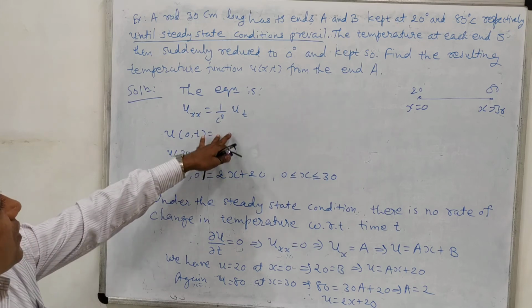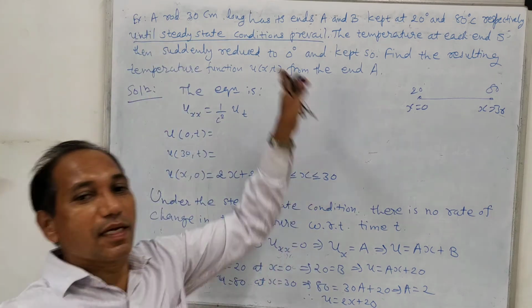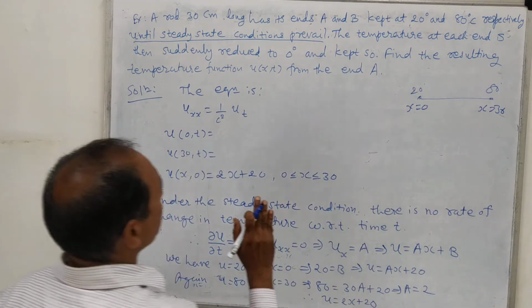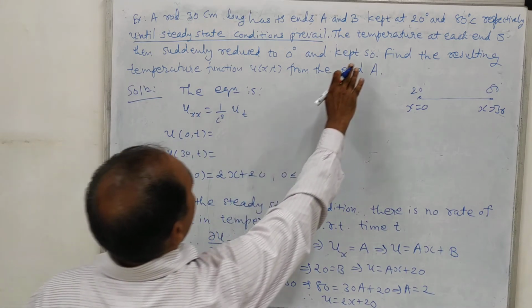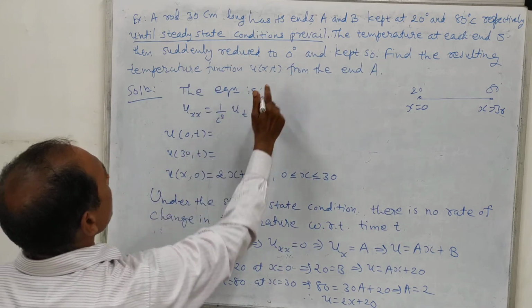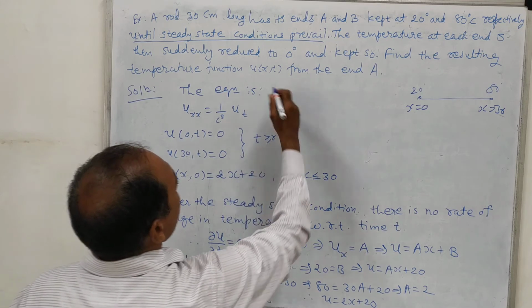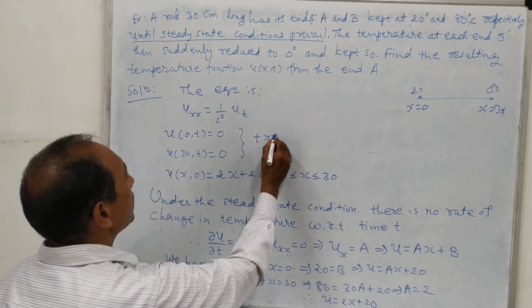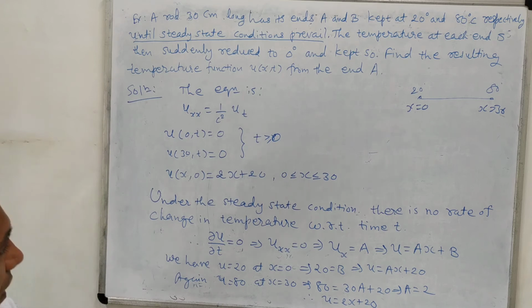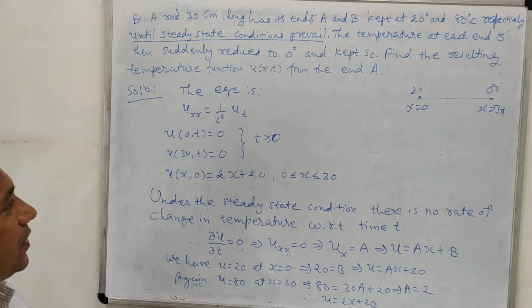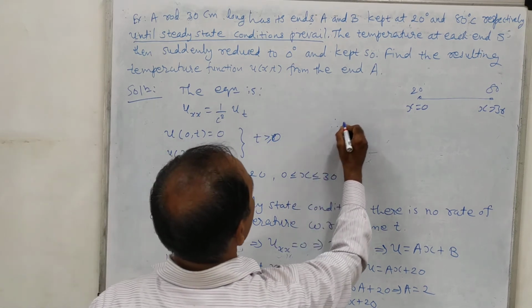And what about these two conditions? Now the steady state condition has been removed and our problem is started. That means now we are free to take our observations. We can see that the temperatures are suddenly reduced to 0 degrees Celsius, so these are 0 for any time t greater than or equal to 0. Now it is very simple. Our problem is ready, and it is the same as our theory, so we can start its solution by writing.